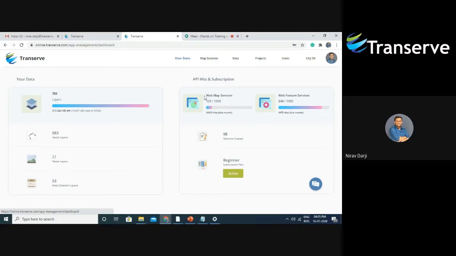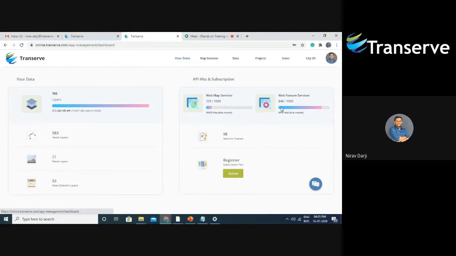I have used almost all of my space. Post that, you can also see on my right hand side the web map services and web feature services. We explained these services in the last webinar; they can be used to present the data to your client.